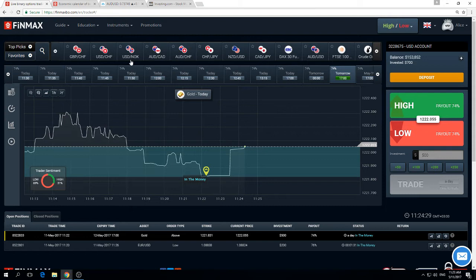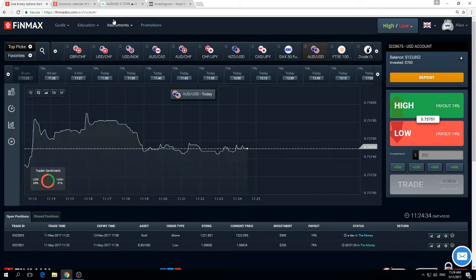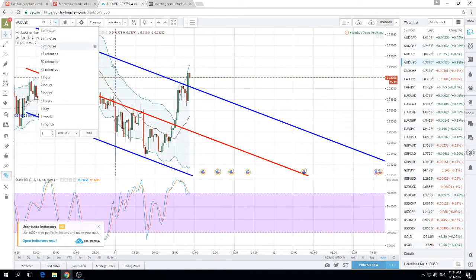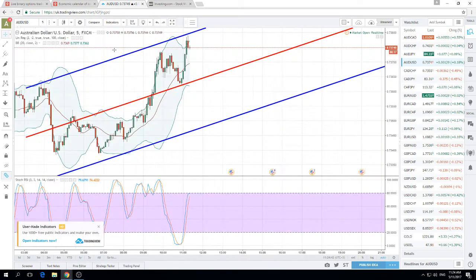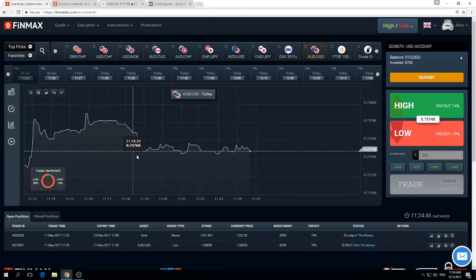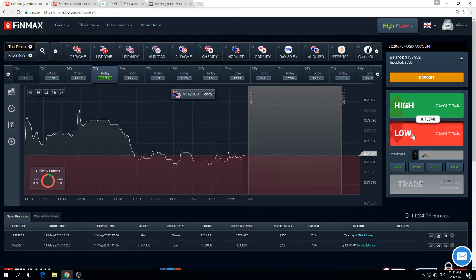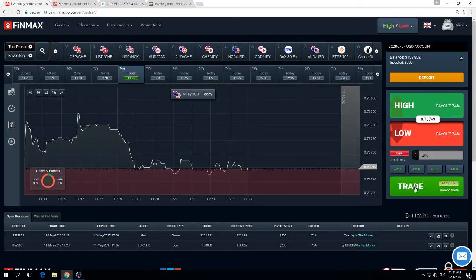Australian asset to euro, as I have a question from some of you. Well, 15 minutes I'm not sure. Really, 5 minutes probably yes. So let's enter for 5 minutes, and after that we will check the chart and probably will open another trade. Australian to American for 5 minutes for low. Okay,